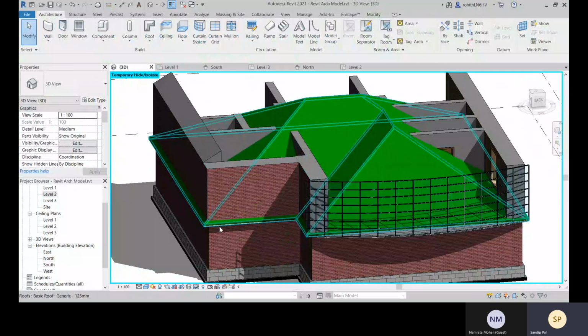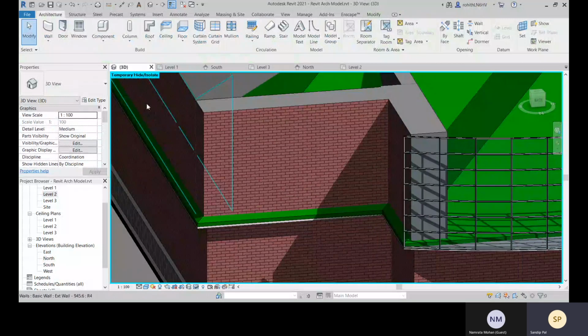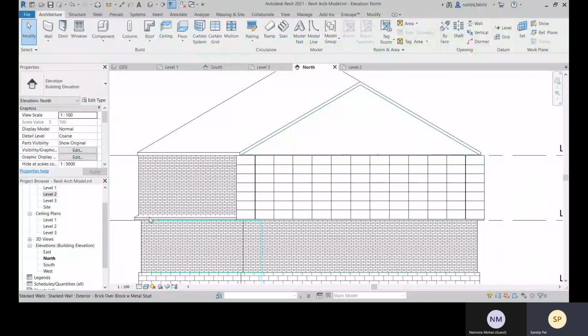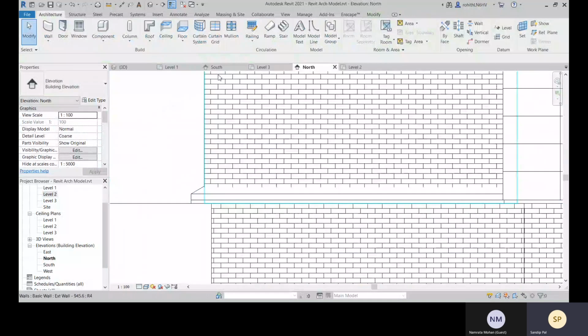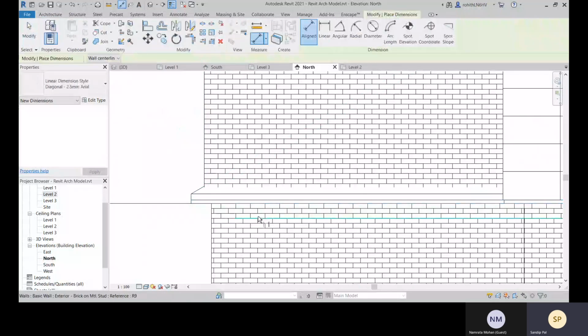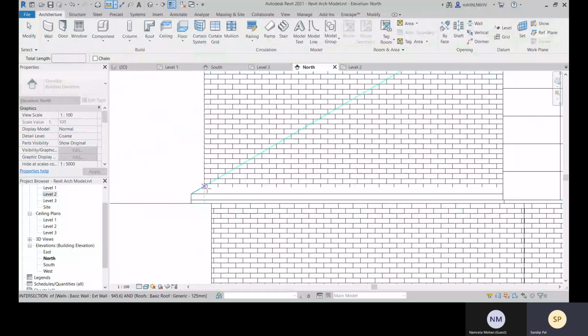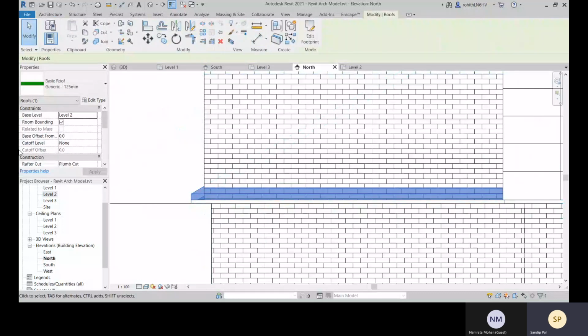So for that, what you can do is come to this north view, and check the height so that you can give the proper value. So let's go with this dimension, from this point to this point, that is 259.8. So you can choose this one, and you can give the cutoff level.